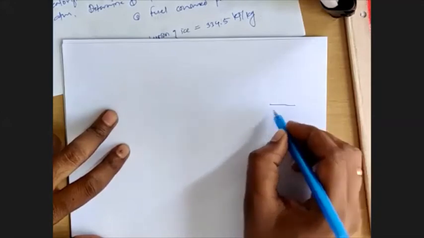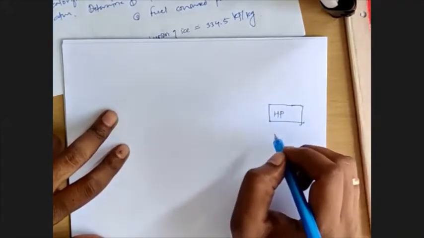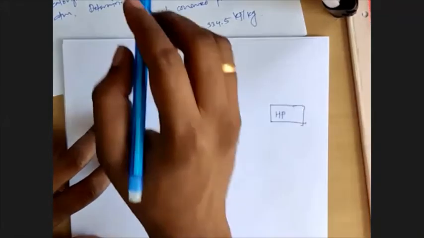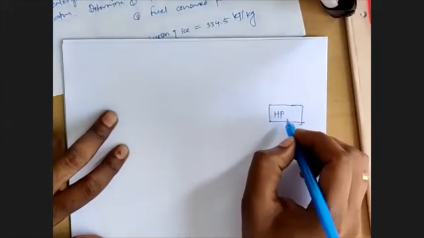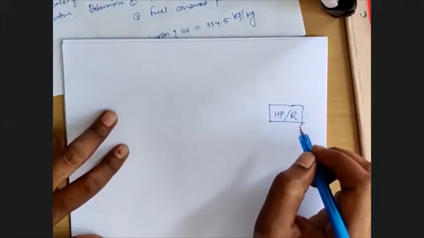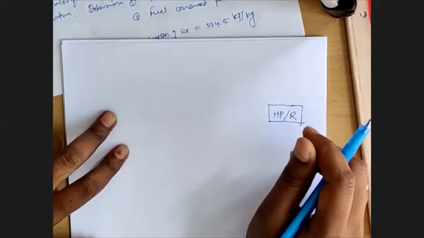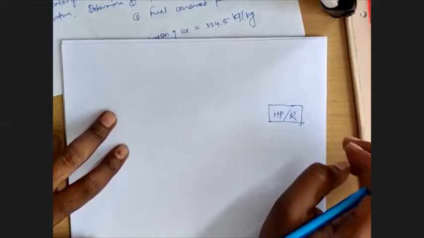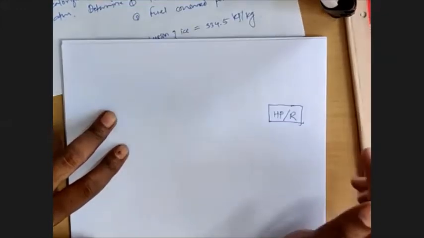So there is one heat pump, but that heat pump is not a regular heat pump. It is now a reverse Carnot heat pump. So that heat pump has got reversed. Instead of a heat pump, it is going to act like a refrigerator, because we know that heat pump and refrigerator work on the same cycle, just the intention is different. Maintaining a body at low temperature or maintaining a body at high temperature, that is the difference.